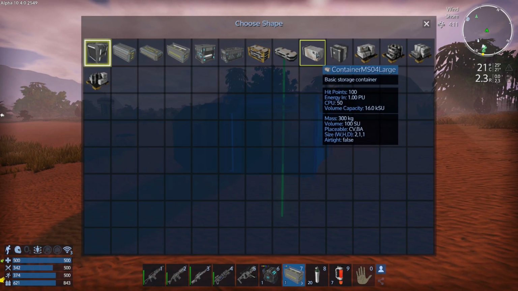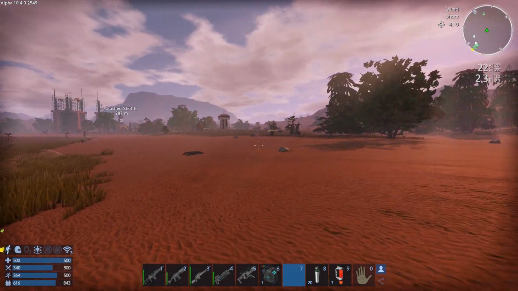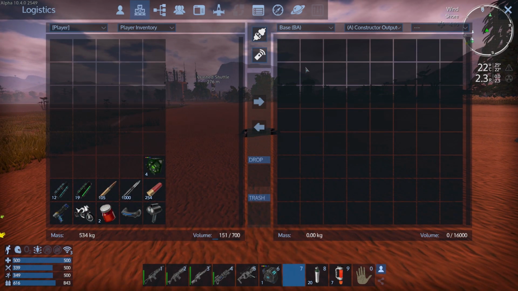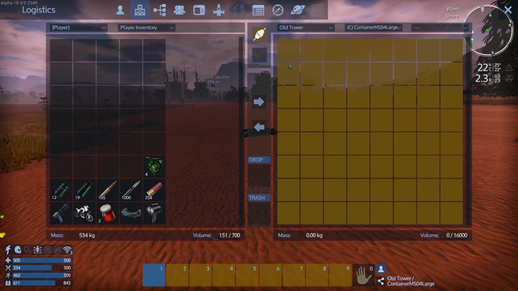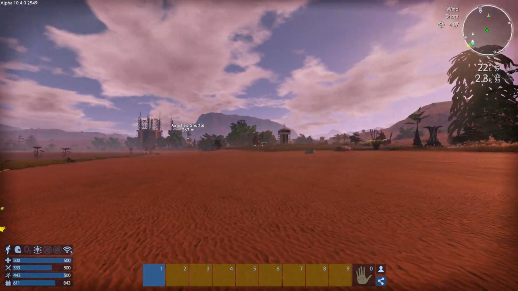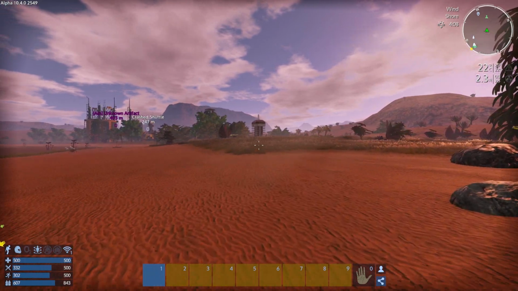And we'll make sure it's a big one. 16. Put that there. So now, surely I must be able to go old tower, container, and link myself to that. Okay. Bit of running around to get this working, but